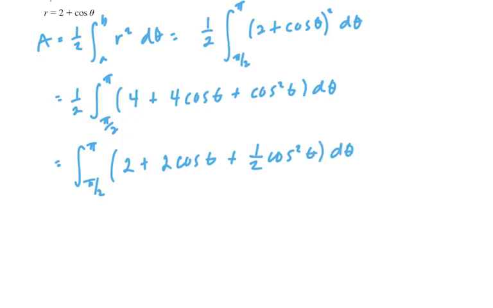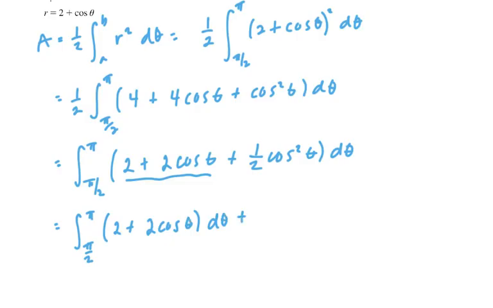Now you can't integrate cosine squared because there's no sine to go with it. These two you can integrate right off the bat. So let's break that into two separate integrals. So let's say the integration from pi over 2 to pi, and we have 2 plus 2 cosine theta d theta